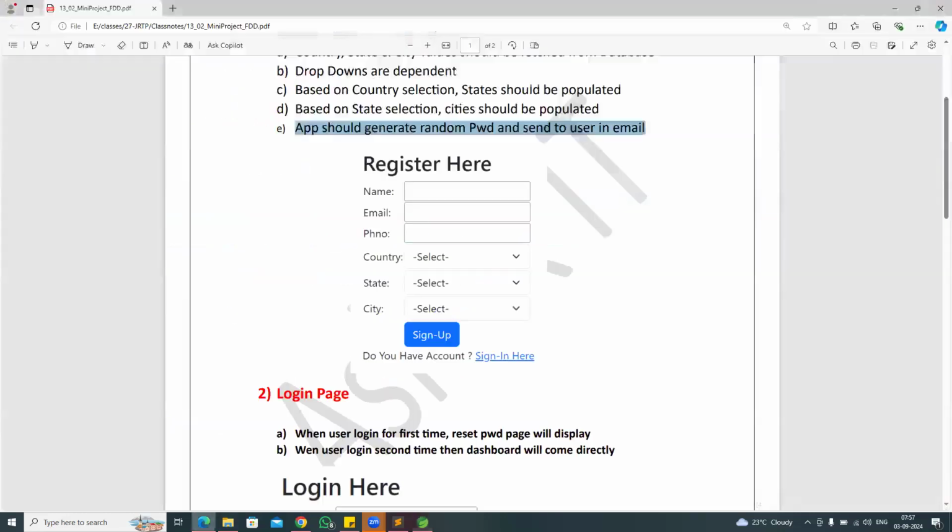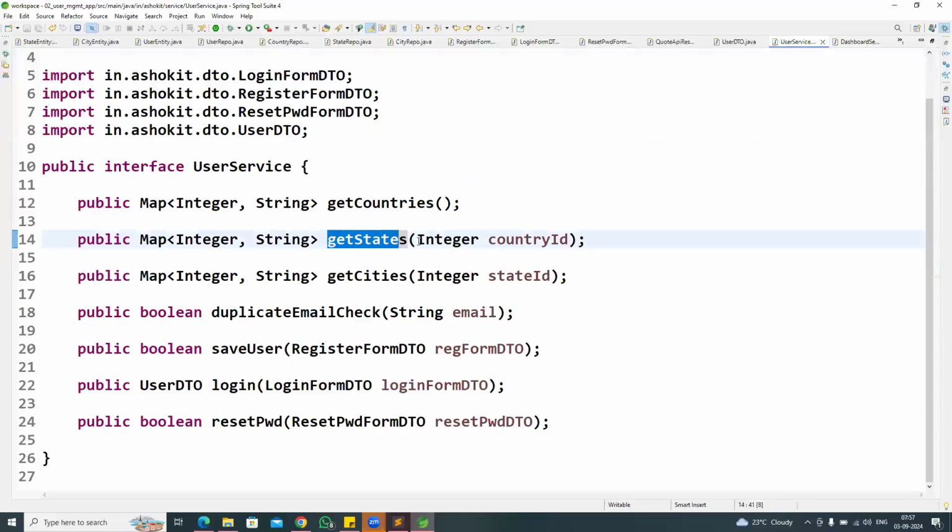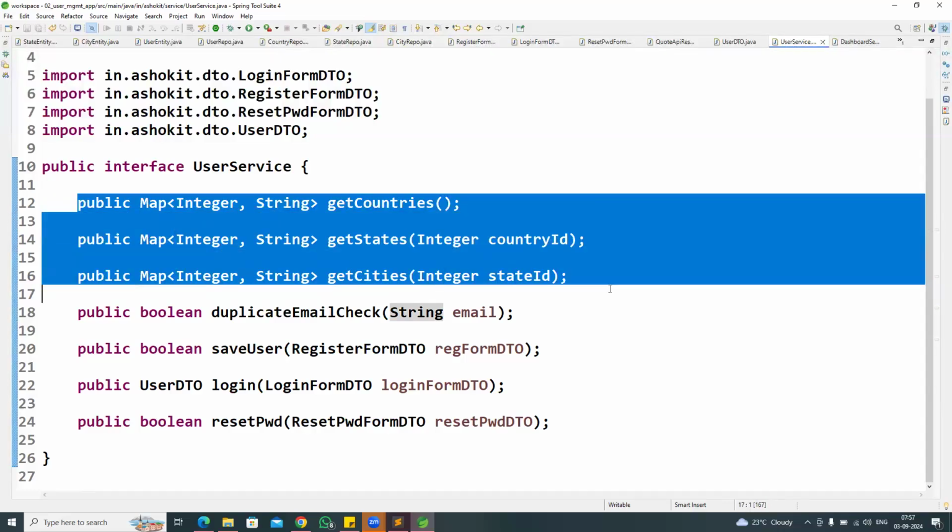Once the countries are retrieved, once you select the country, if you select a country as India, then India related states should come here. So for that, I am writing one method, get states based on the country ID. If you select India, based on the India country ID, we will get the states of India. If you select the country as a USA, based on the USA country ID, we will get the states. Then once the state is selected, for example, you selected state as Telangana. Based on the Telangana state ID, I will get the Telangana cities here. So these three methods are used to get the data for the drop downs: country drop down, state drop down,